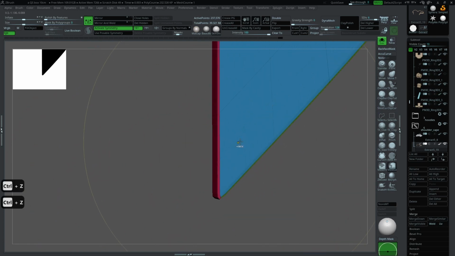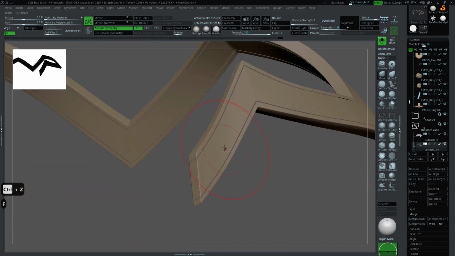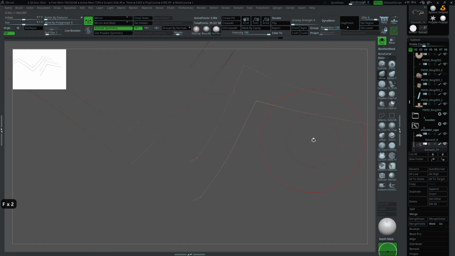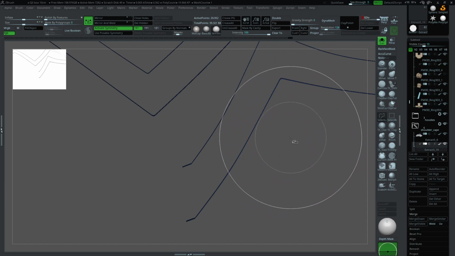Select lasso here, just make sure it's the same size both on the top and bottom. And I'll select this one to invert the height, Control W, and mask, and go to the higher subdivision level and unhide all,